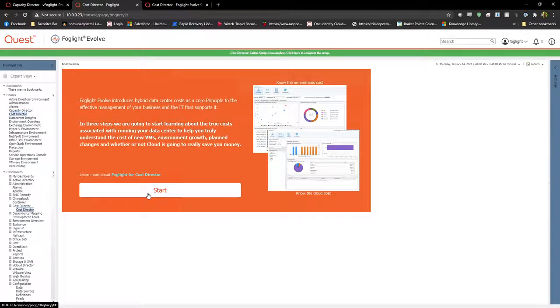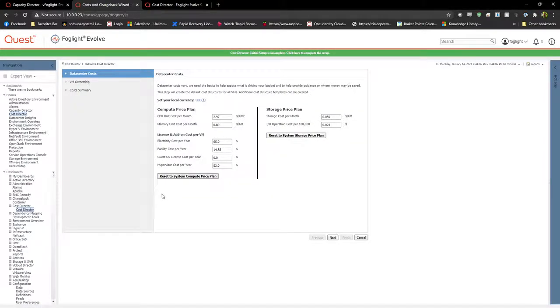It allows you to walk through a questionnaire where you answer questions about the specs of the environment. How much did you pay per month for the CPU? They have to look at the price of the servers, so the customer will need to have some data to fill this out. How much are you paying per year, things like that.